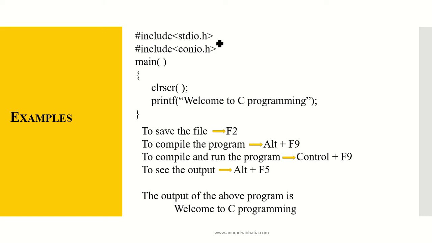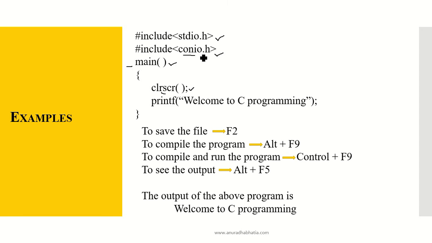The first thing is #include <stdio.h>, the first statement to be written in the Turbo C compiler. Then #include <conio.h>, and my main function. If I have not written a return type over here, by default it is void. And clrscr, which stands for clear the screen, is a function that is available if I include the file console